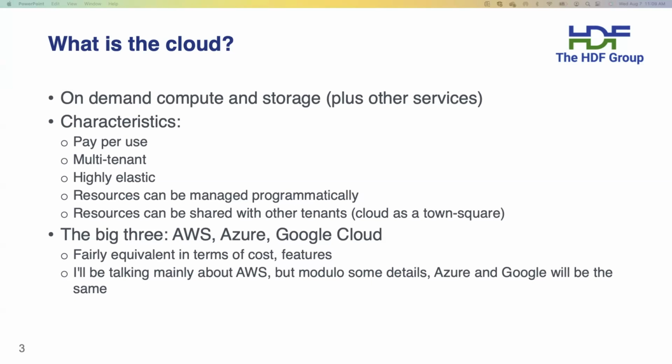By contrast, in the cloud, you can say, well, now I just want one machine. And the next hour, I want to have 100 machines. And that's all fine. The scale of these cloud providers is such that there's basically nothing you can do as an individual organization that is going to budge the needle as far as the provider's capacity to serve your request. Another interesting point is that these resources can be managed programmatically. So things like creating a new VM, you don't need